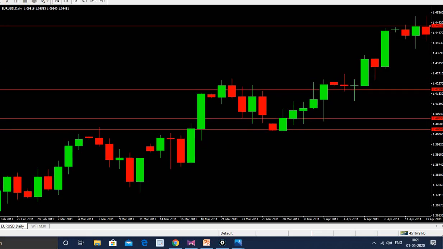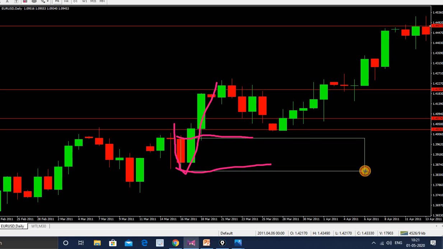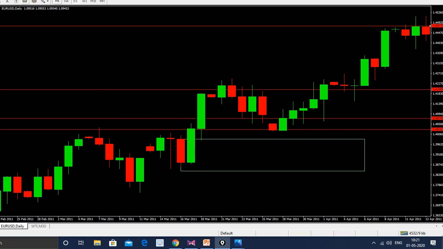Let's see this one. This is a drop and a rally. This is not drop, base, rally but a drop and a rally. How are we going to draw a line here? This one is the base. We'll draw from the base to the wick. So this is going to be our demand zone. When it's a case of a drop and rally, your demand zone is going to be this way. Then we'll look through more examples.